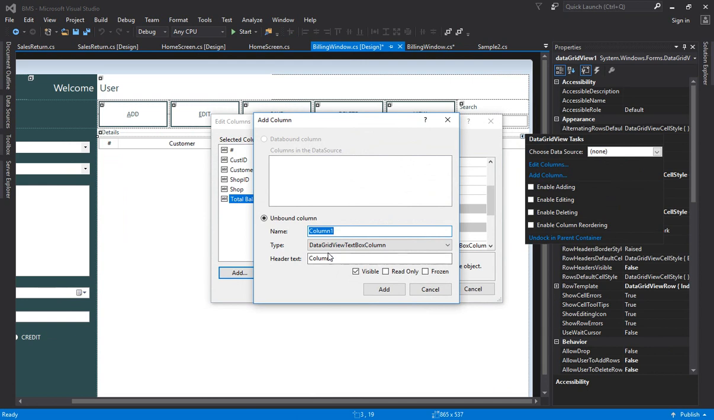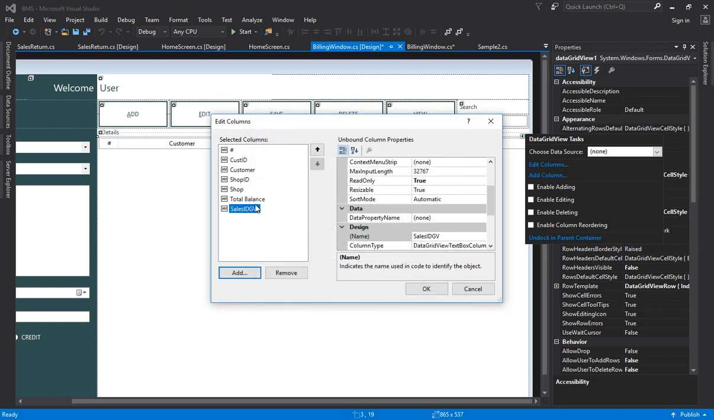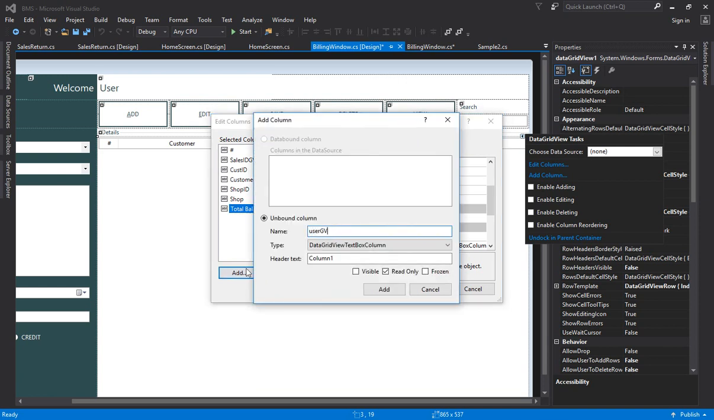Okay, so sales invoice ID, sales ID GV, sorry, yes, sales ID GV, no problem, read only, visible false, and then click here. You have to write sales ID GV. Okay, that's my sales ID GV, close, put it at the top. Okay, sales ID, customer name, balance, and then you need user GV. Okay, who saved this sales,